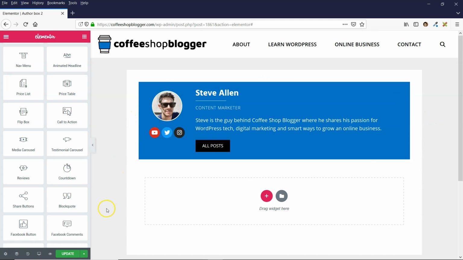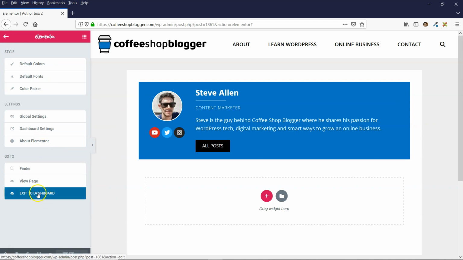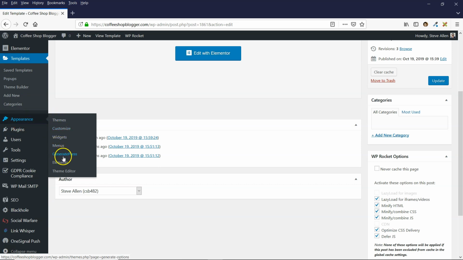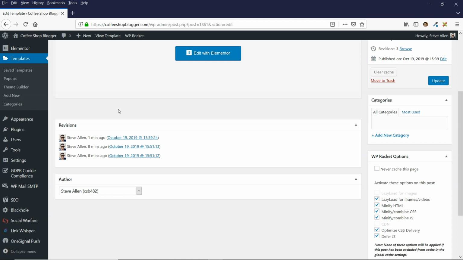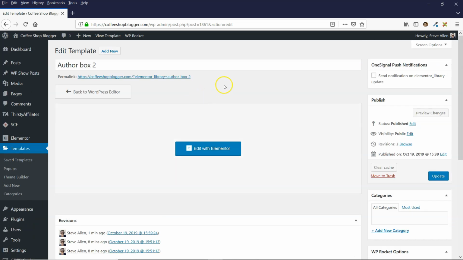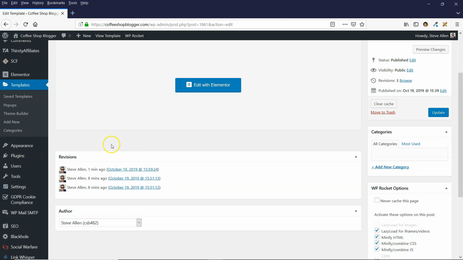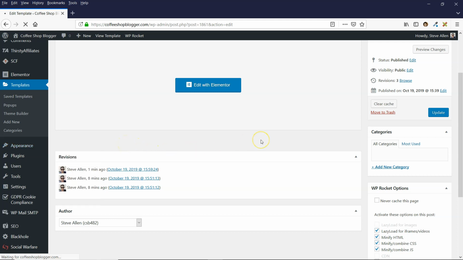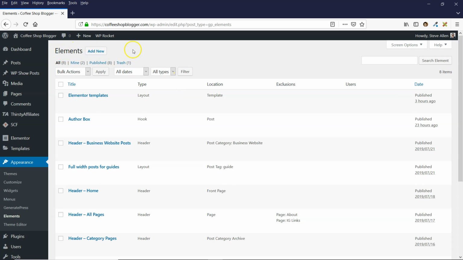So once I've designed it, I need to save that, and then I'm going to go to my WordPress dashboard. And then I'm using GeneratePress, so if you don't use GeneratePress, then you might be able to use some sort of code to be able to bring that code into your template, into your theme. I think some other themes, like the Astra theme, also have some hooks or functionality that allows you to add in some code to your template, and this is how you do it with GeneratePress. So you just come over to Elements and then Add New,